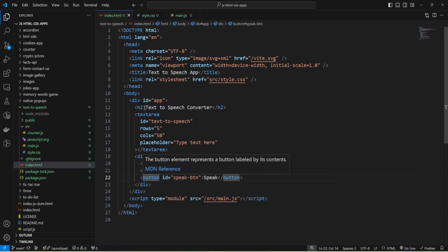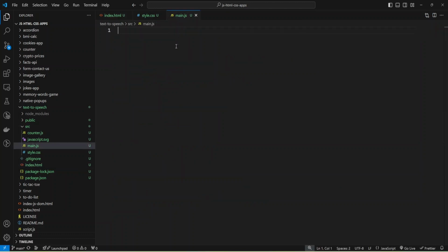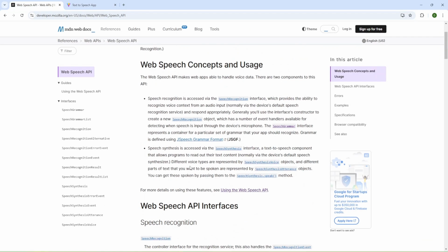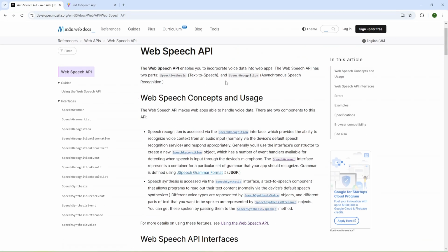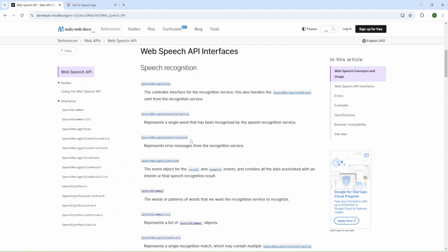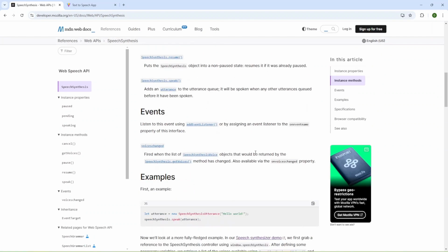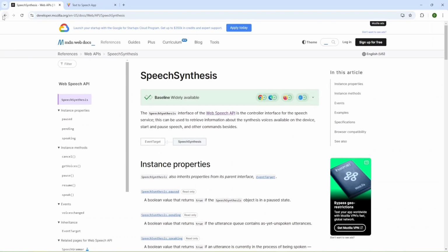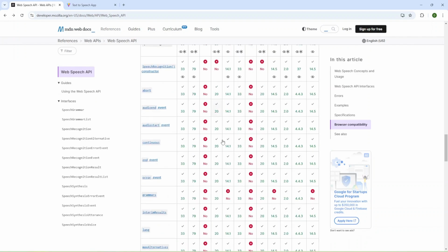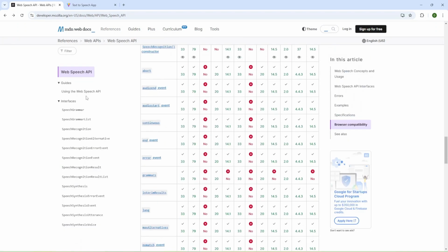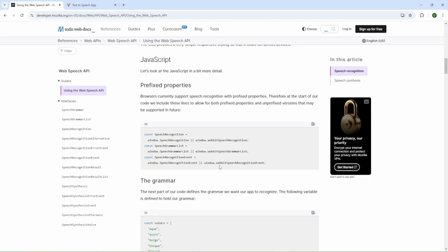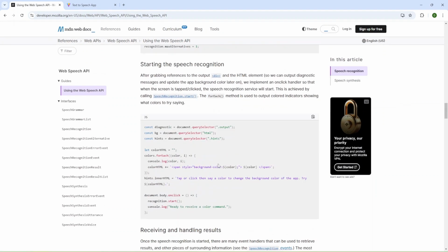Okay, and now I'm going to open my JavaScript code. We'll use the speechSynthesis object from window. It's a global JavaScript object, and we can use it. You can check the docs for what it has inside, but I'll take an example from Using the Web Speech API, and we'll use this example.